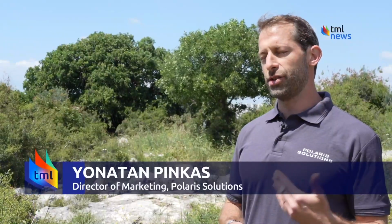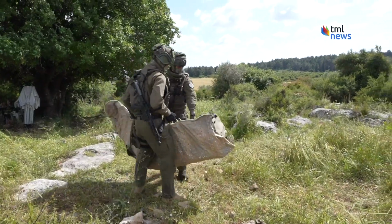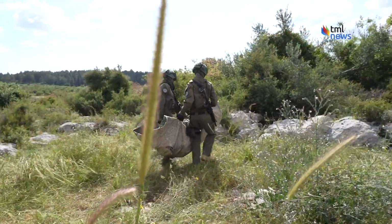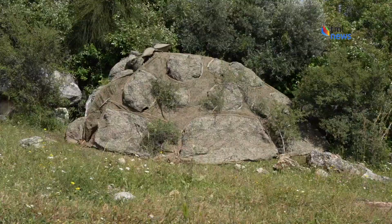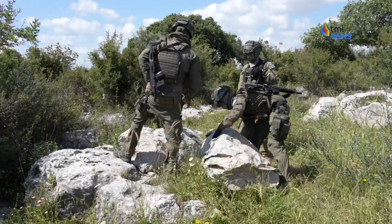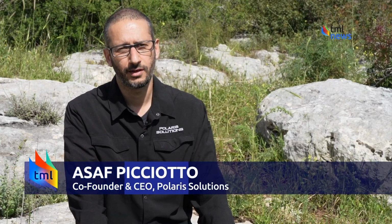It also has additional value in medical use. It could be a stretcher. You could carry 250 kilos with it. It could be good for broken bone fixation and also as a hypothermia blanket. So far, Polaris Solutions is working with the Israeli defense industry as well as other government agencies abroad, including special forces units in both Canada and the United States. Our products are being tested by some of SF units, which I cannot name, and we have several